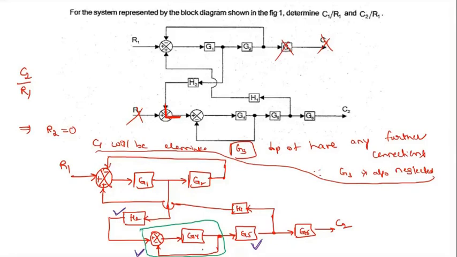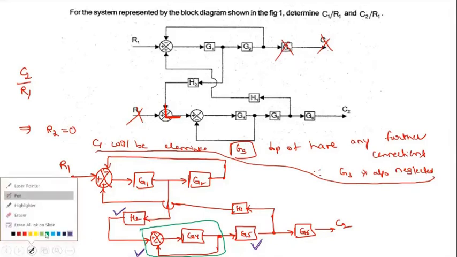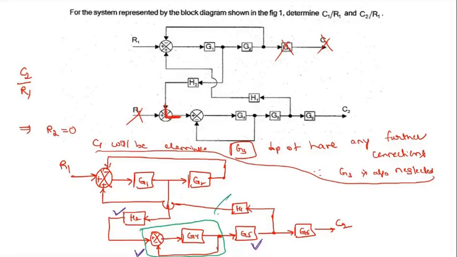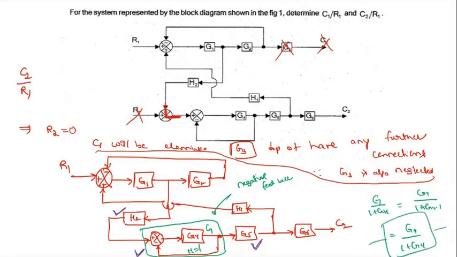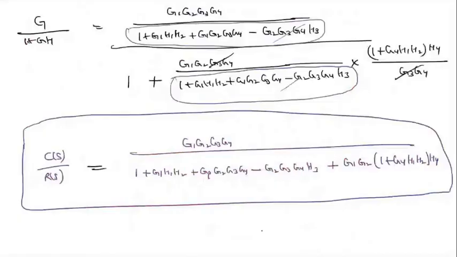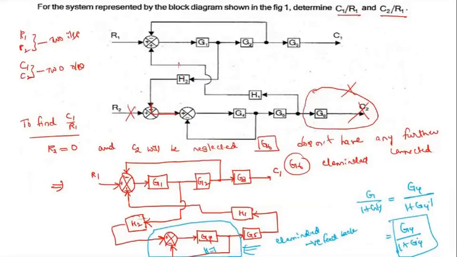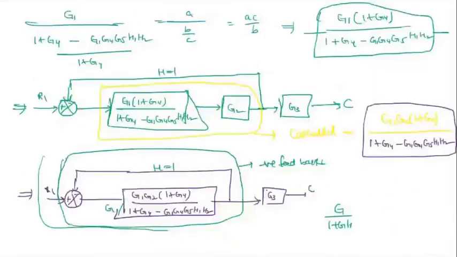Here we already know that green color indicates negative feedback. So here I'm writing negative feedback. For the negative feedback the formula is G by 1 plus GH. If you write like that, this will become G, and H is equal to 1 in this case. So therefore G4 by 1 plus G4 into 1. Finally you'll get G4 by 1 plus G4. This is the block you need to replace with the green color block. The same step we have done in the first problem, with the blue color, I have done the same step, G4 by 1 plus G4. Same thing I'm going to do.